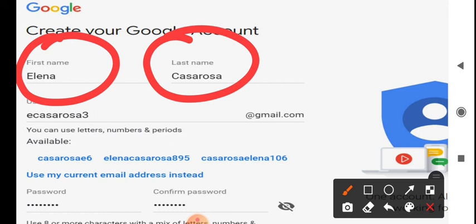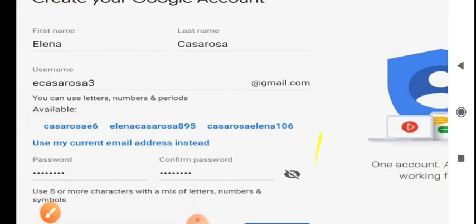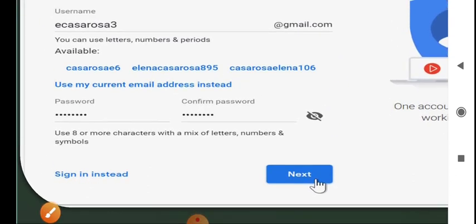After that, when you enter the names, you will get certain options here. You can select a particular Gmail address, a particular user ID, from there. Correct? Then @gmail.com. Now next is the password.